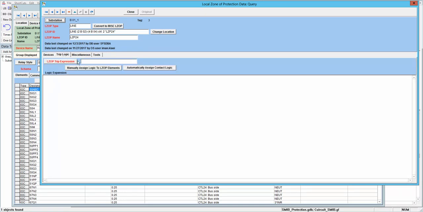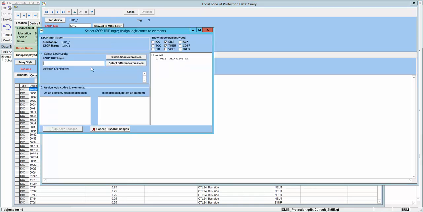So you can see that there isn't any logic for the relay, so we should define how the relay detects the fault and operates. By clicking the manual assigned tab, this will pop up. So in this window, first on the right side you can see